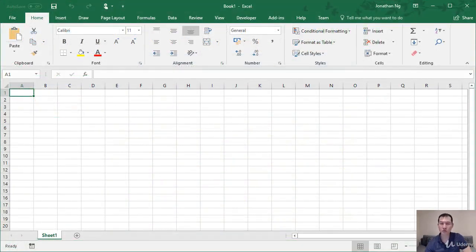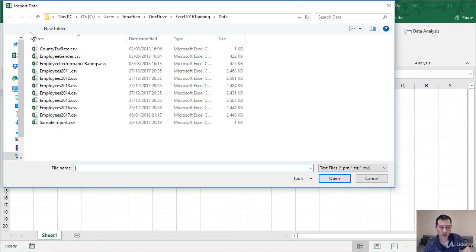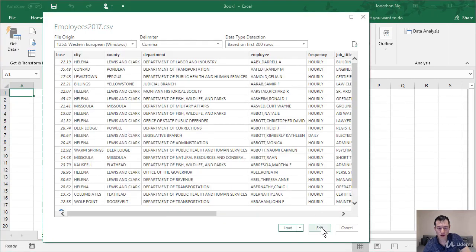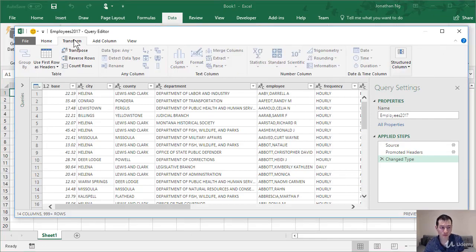So I'm first going to load up some data. So data from text. I'm going to load up employees 2017. I'm going to click on edit. Now the first thing I'm going to do here is aggregate some of my data. Now to do this, I'm going to come over to transform, group by,